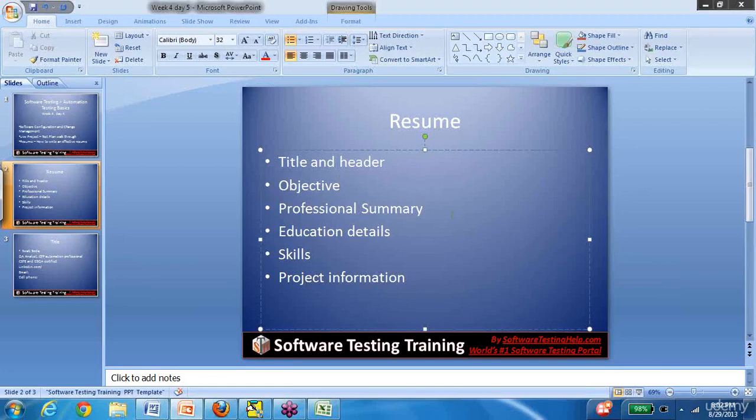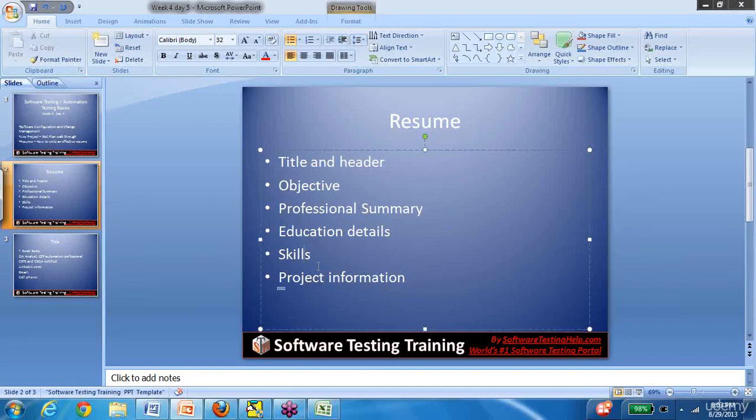In the professional summary, you can include all the key points. If you've attended a webinar, make sure you include that. If you've attended a class, make sure you include that. If you are certified, make sure you include that. Include things like the different kinds of projects you've worked on, the different responsibilities that you've taken, the different tools that you've used. Make sure you put all that there, and then give out your educational details. The educational details usually should be in the order of your highest education first, then down to the school level. Okay.